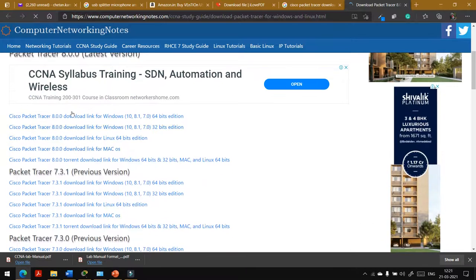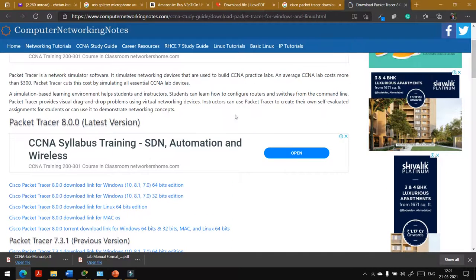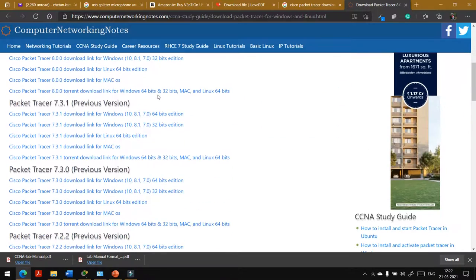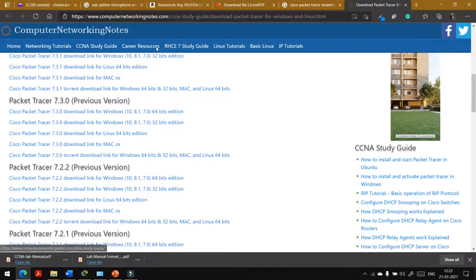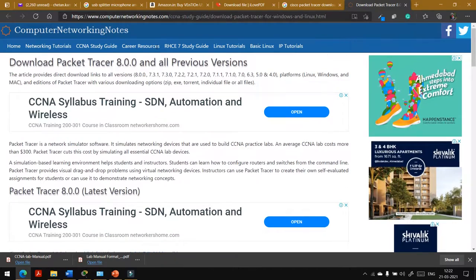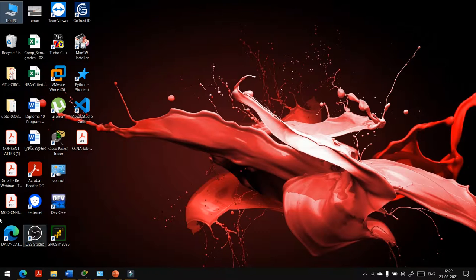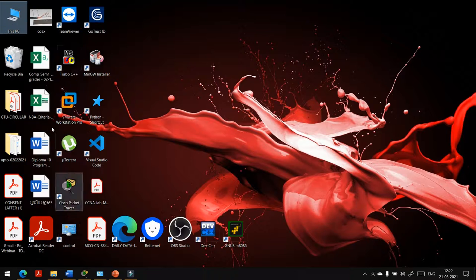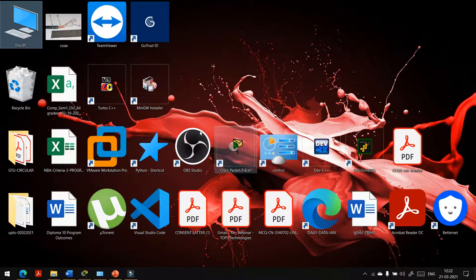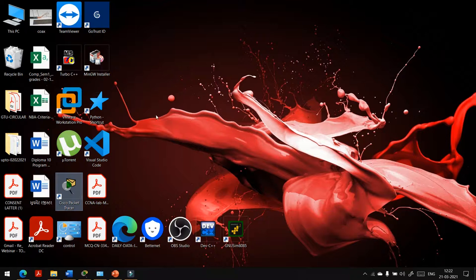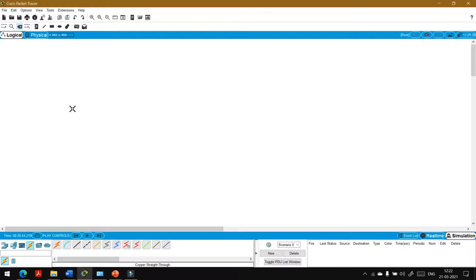It is available in different versions for Windows as well as Linux. You can download it for your particular operating system. It is freely available. Now this is the icon of Packet Tracer. I already highlighted it. So this is Packet Tracer.